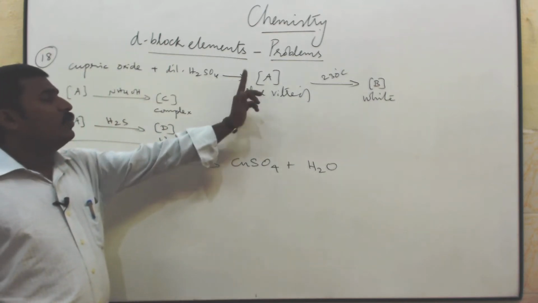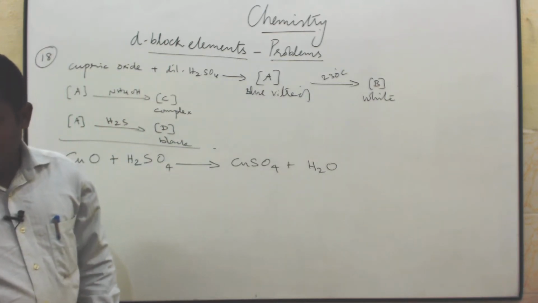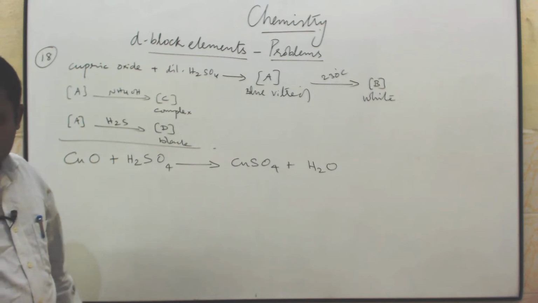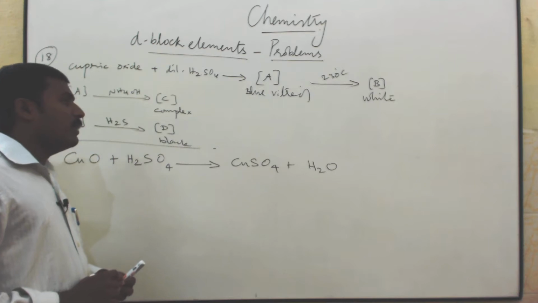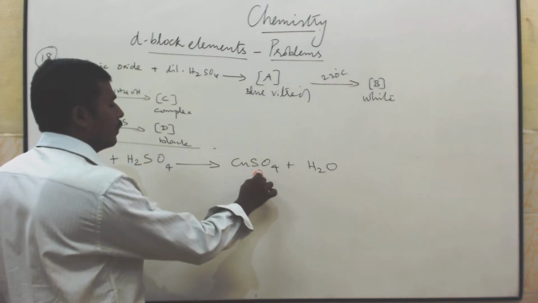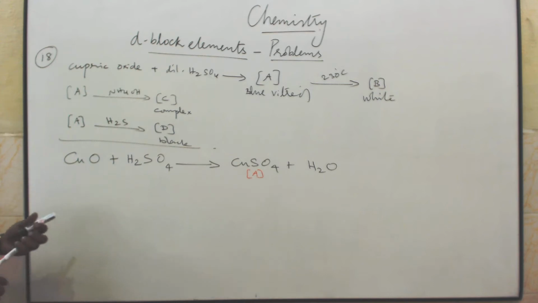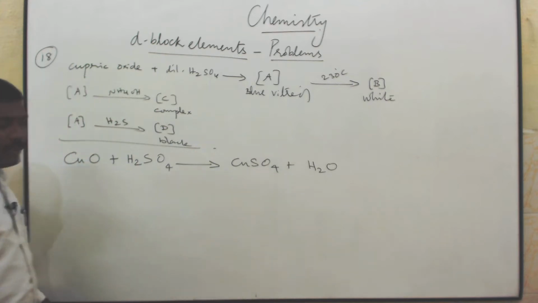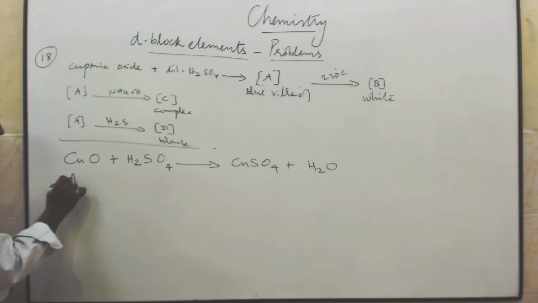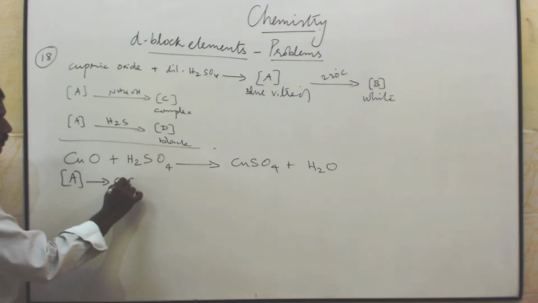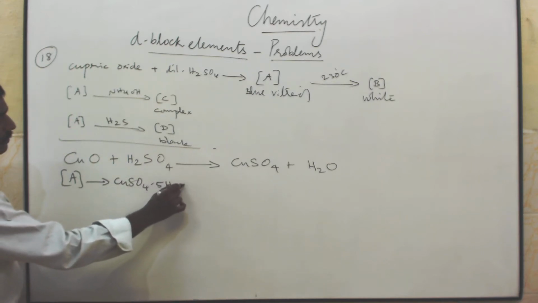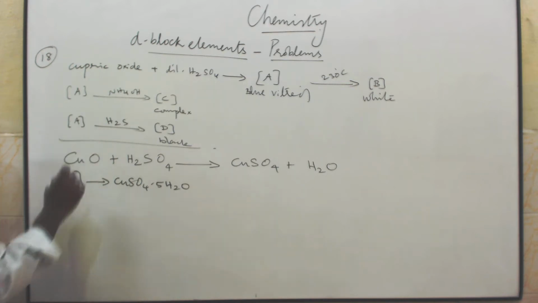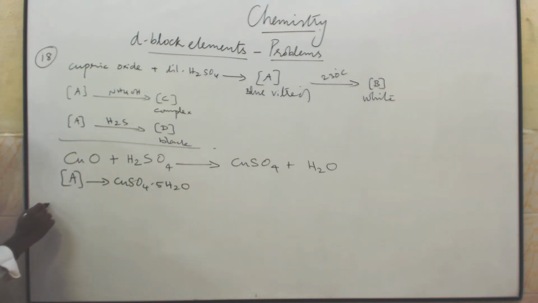Then when heating at 230 degrees Celsius, it gives B. So actually, copper sulfate pentahydrate is compound A. Copper sulfate pentahydrate heated at 230 degrees Celsius gives copper sulfate, which is compound B. So A is blue vitriol, that is copper sulfate pentahydrate. Then A, when heating at 230 degrees Celsius,